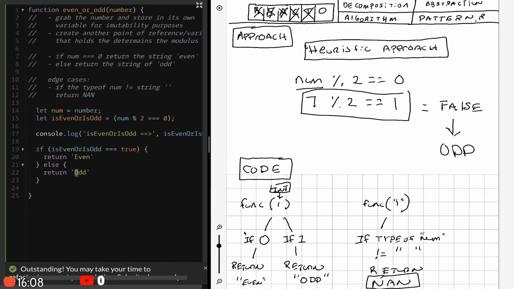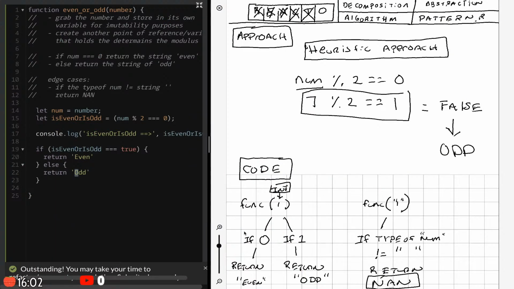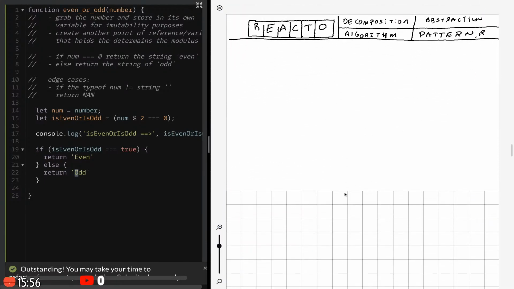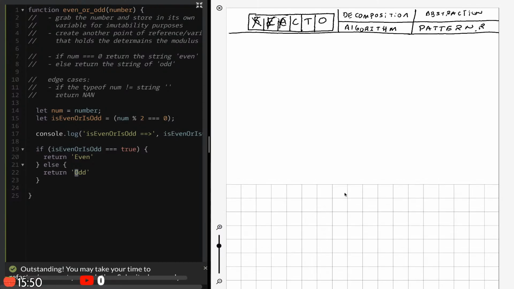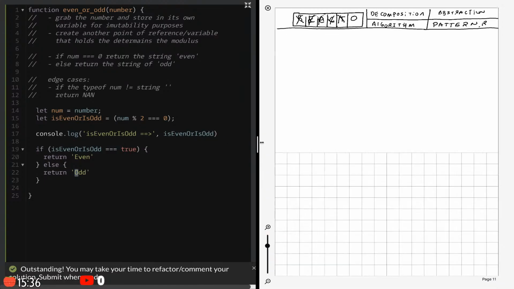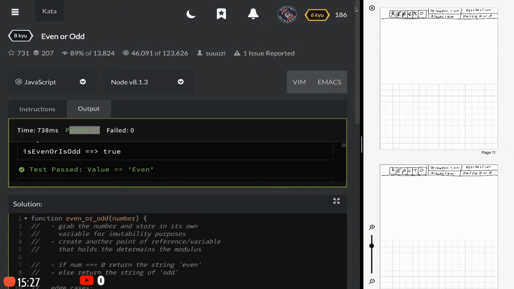Okay, so let's get into the optimization piece. All right, so now we're at the optimization part of this coding challenge, and the solution did work. Let me change my screens. So we used, again, please correct me if I'm wrong, a heuristic approach where we use some math or some logic to help us for the most part. I feel like I'm using that term wrong, but I just don't know. So this is why I'm doing these videos, so you guys can help me. Whoever's watching this, really appreciate you.